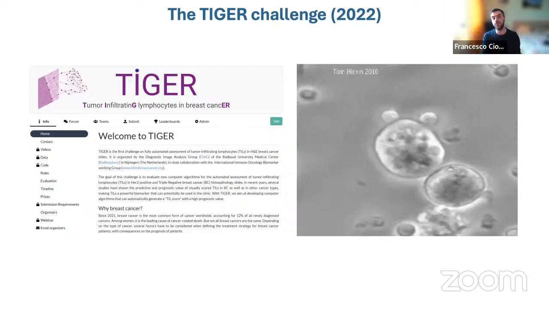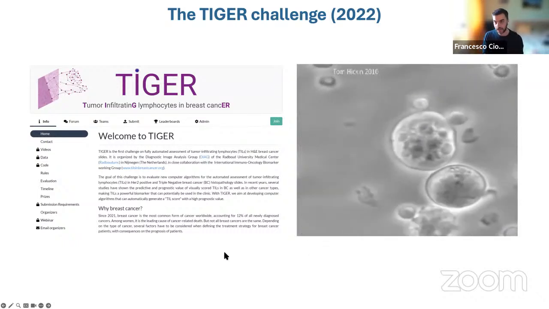And this is a mechanism that we used recently in another challenge that I organized together with colleagues, which is called the Tiger Challenge. And this was about, you remember, this tumor-infiltrating lymphocytes that I talked about in the context of breast cancer? It's still a bit unclear how you can quantify these TILs with AI, and what is the predictive and prognostic value, if you can do it on biopsies, if you can do it on surgical resections, and what is the effect of this.